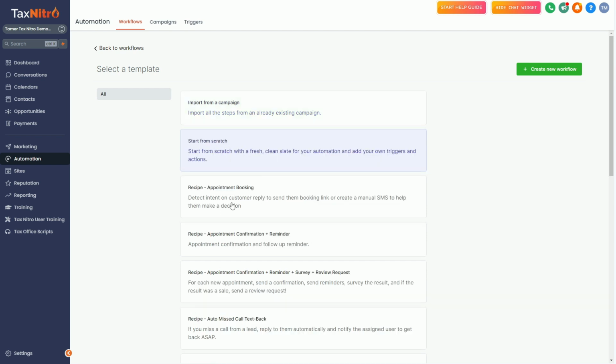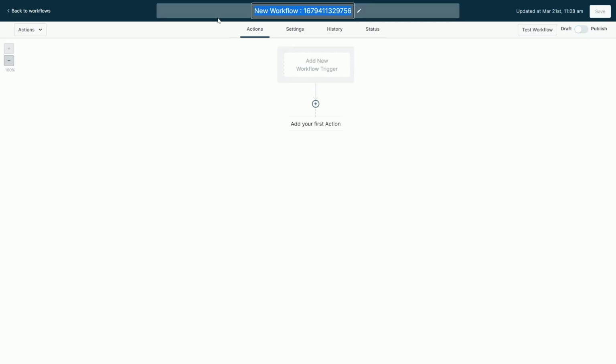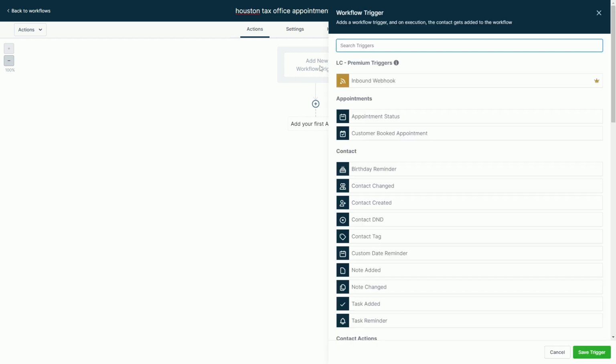There is an appointment booking recipe, an appointment confirmation plus reminder. Trust me, mine is going to be 10 times better. It's going to increase that show rate. It's going to get people to show up. So name your workflow. This is the Houston tax office appointment confirmation. Bam. We need to add a workflow trigger to say that whenever someone books an appointment on that specific calendar,